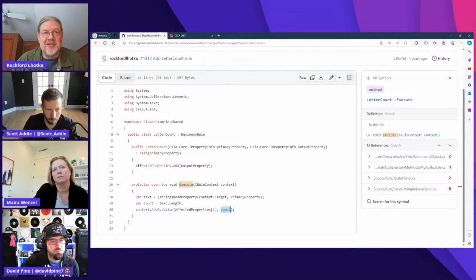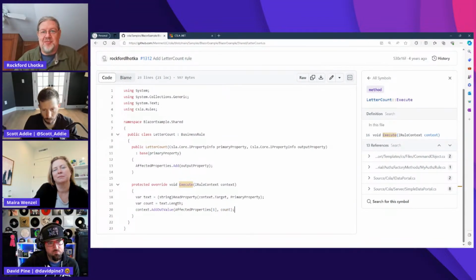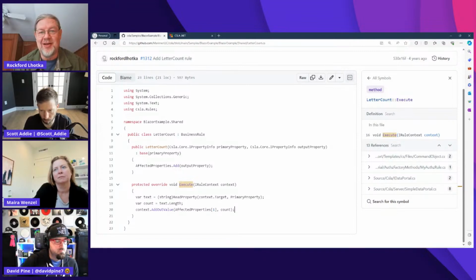Right. And again, this is super simple, but you can imagine this might be a rule that implements your entire pricing structure and discount structure for your product catalog, or is calculating, maybe it calls a microservice that does all sorts of complicated calculations around insurance premiums, or arbitrarily complex stuff,